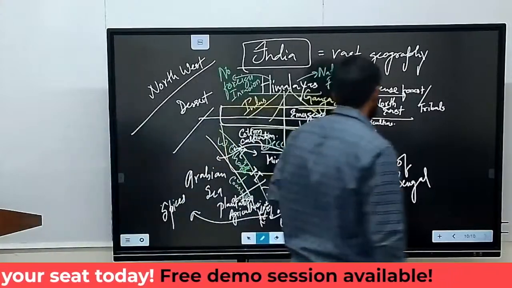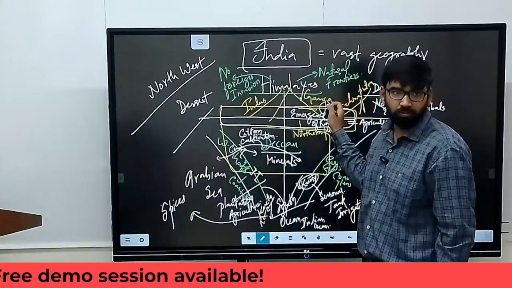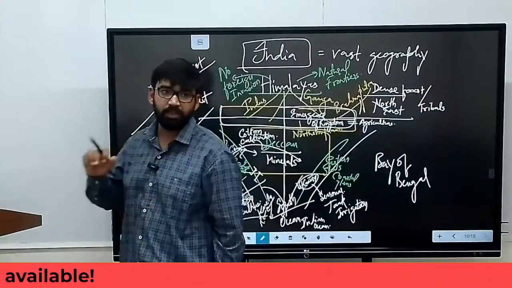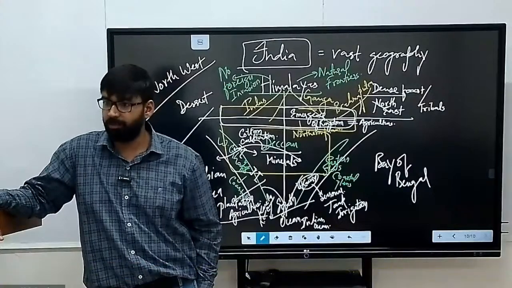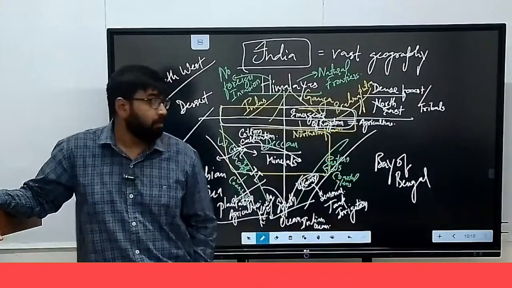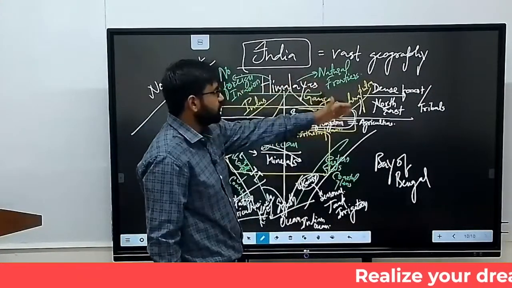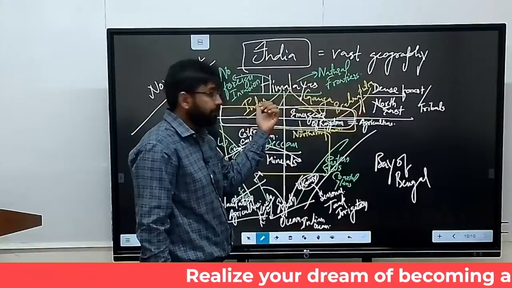Now, this area receives maximum rainfall in India, northeast, and the most important rainy place is Mawsynram. Okay, in Meghalaya near Cherrapunji. Clear? Mawsynram. Now, if you see the rainfall of North India, that means 250 centimeter to 150 centimeter this side.